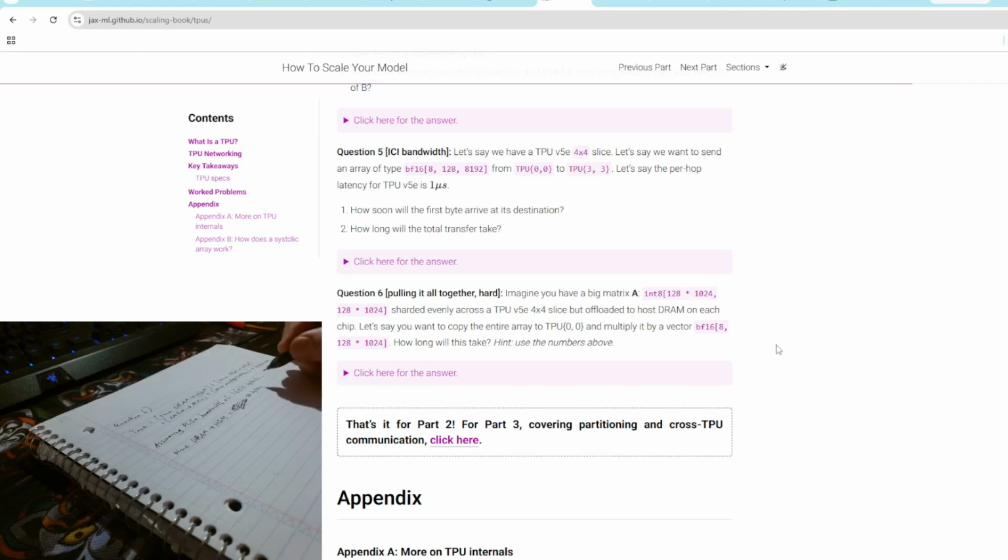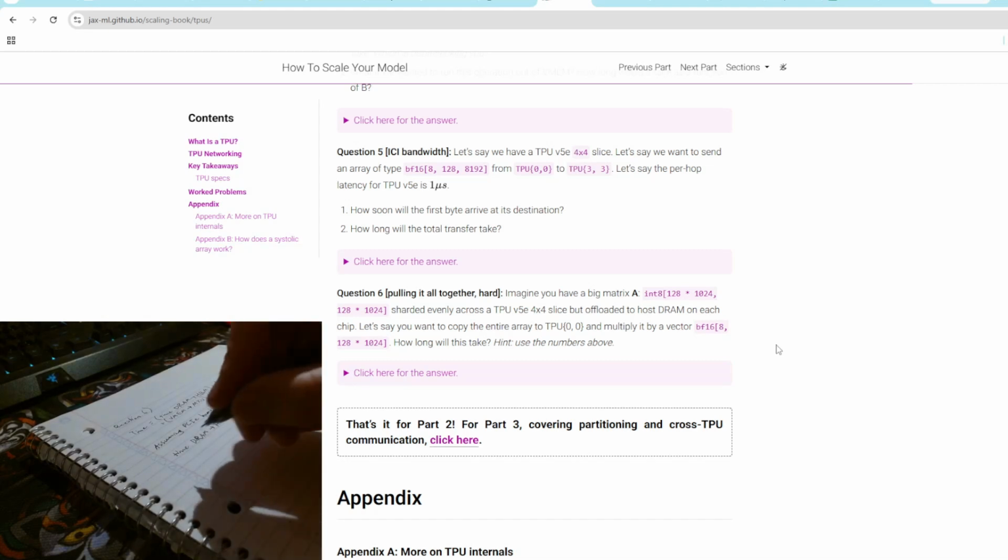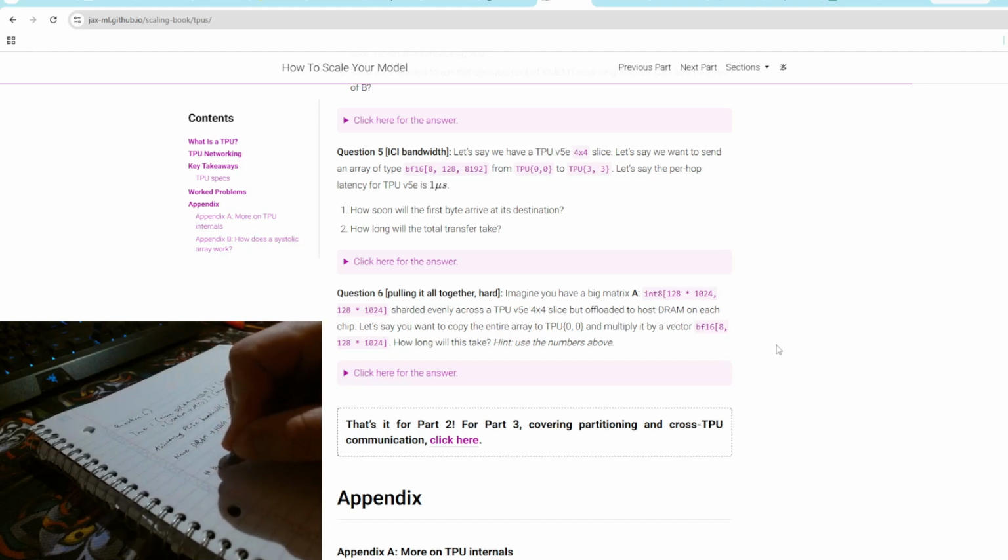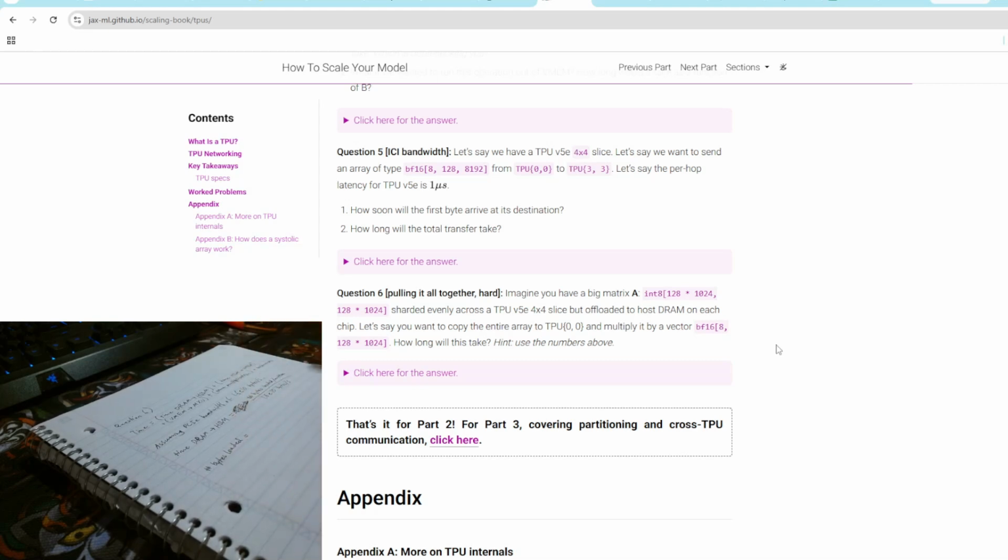Okay, number of bytes loaded slash written divided by 1.6 E10 bytes per second. That gets us seconds. Wow, this question is going to take a long time, but that's all good. So, number of bytes loaded equals